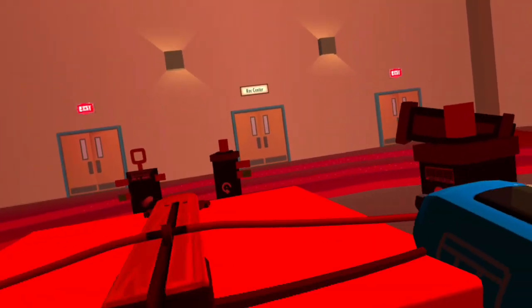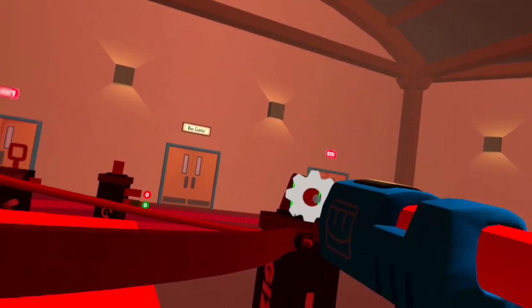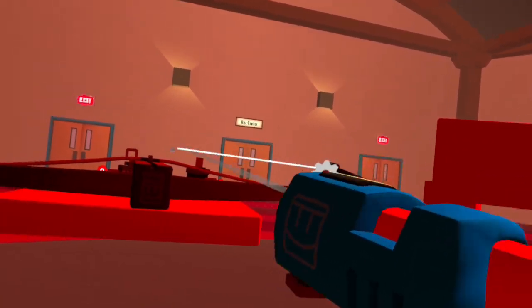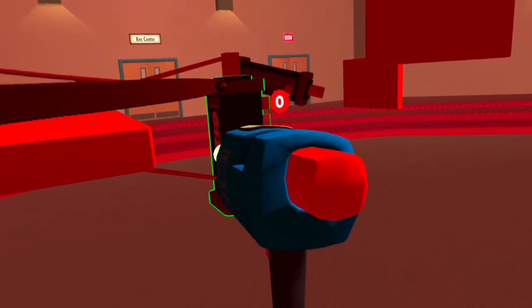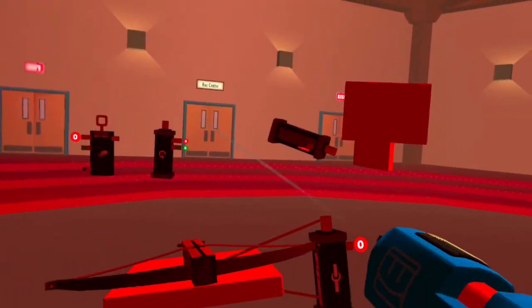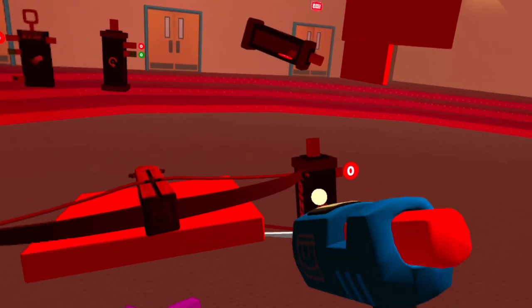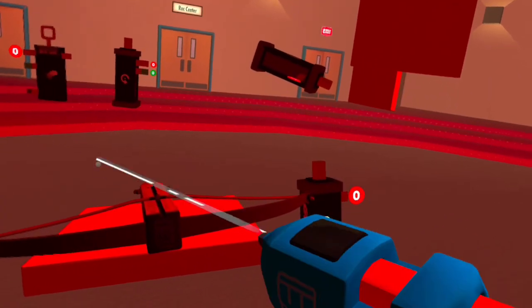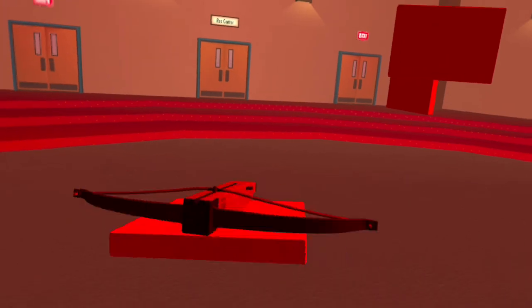Then you would grab connect, or wire, this pin on top, grab and hold, select this, and on the bottom, you select that, and now this can follow it like that. But if you want to make it so it holds with it, we'll do this, and disconnect these. Now connect the bottom to the crossbow this time, and then this to that, and now